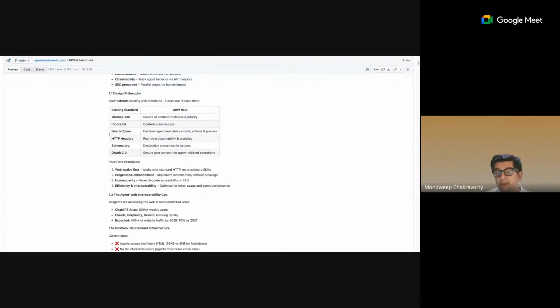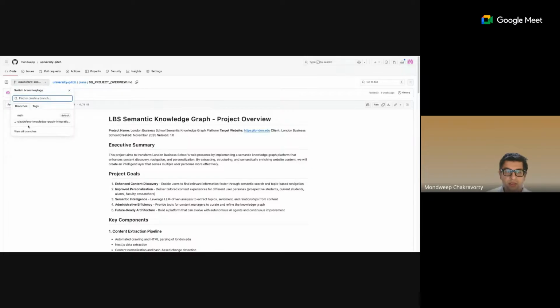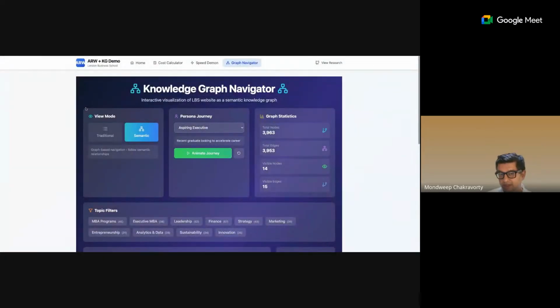He reached out, and as we were talking, we saw that he had some stuff here, but he hadn't necessarily considered the knowledge graph and Dinesh's stuff. So he said, what if we mix what Dinesh has done, our stuff, and this one? What would happen? That's what came back into this, which is there is a branch for this as well, under here. So ARW Knowledge Graph Integration, that's the branch. And this is basically a Netlify depiction of what that means.